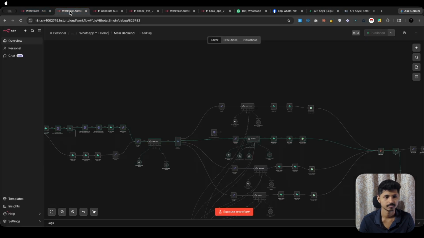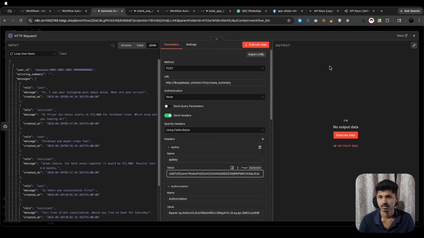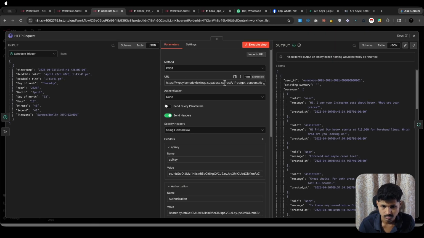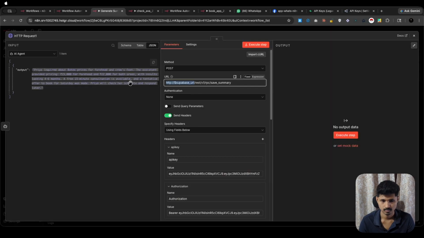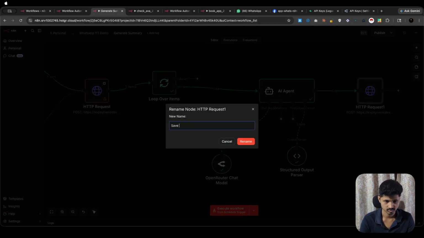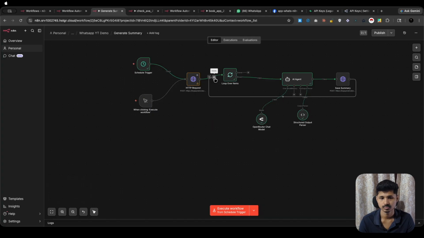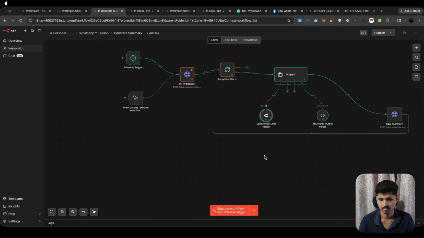Now we need to add the API keys. We copy, paste, paste. For the Supabase URL, I can just use this. Perfect. Name it save summary. We'll loop this over. Now, if I run this,